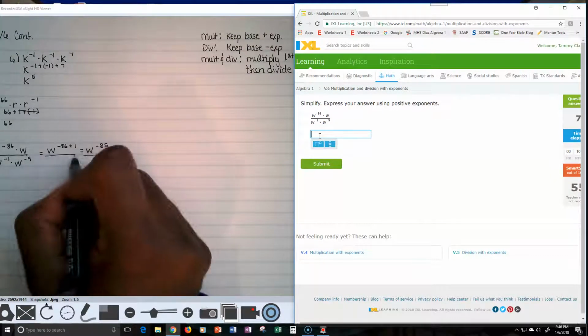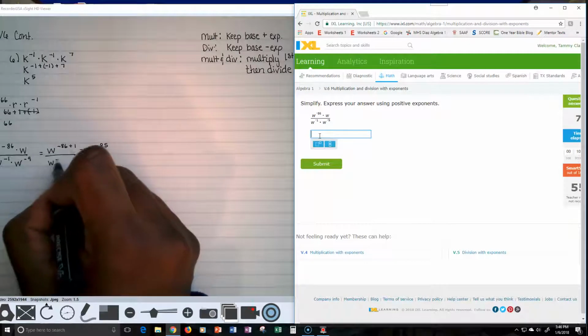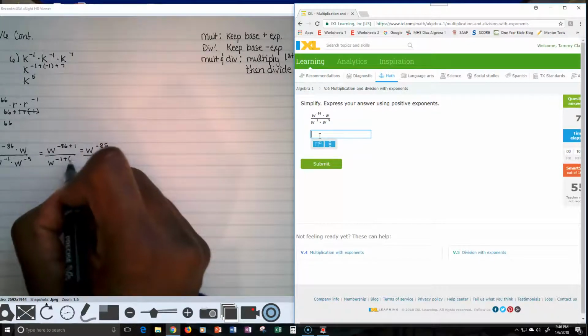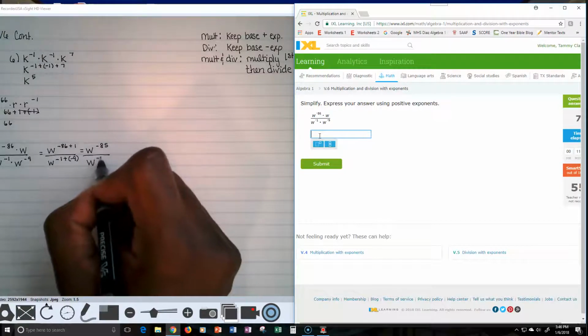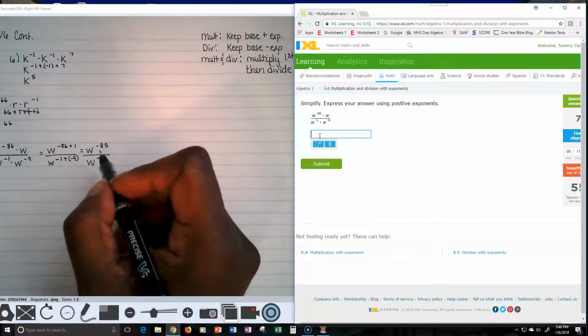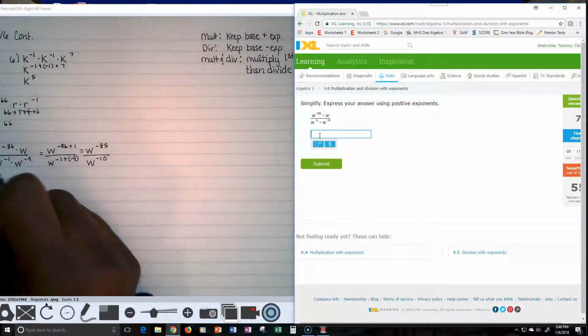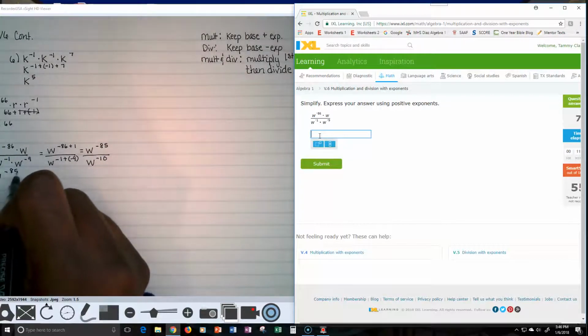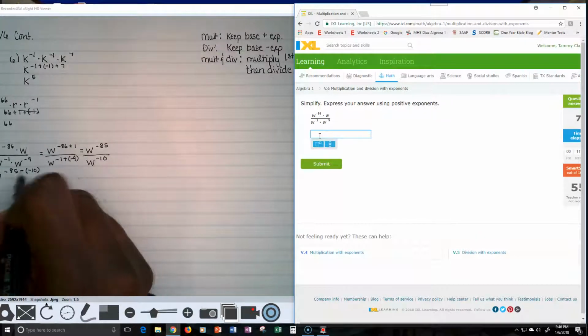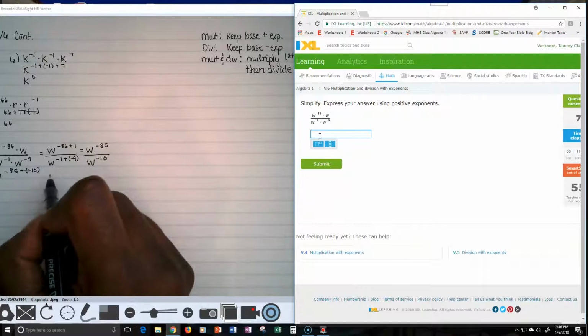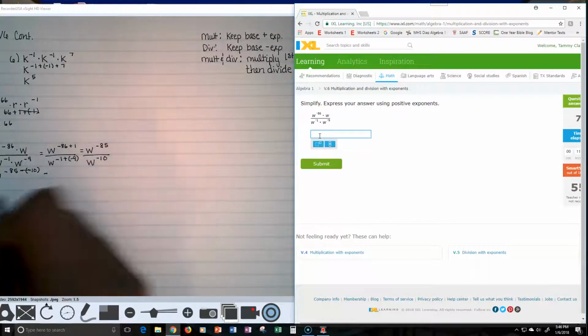And here we have w to the negative 1 plus negative 9. That gives us w to the negative 10th power. Now we take our w to the negative 85, and we're going to subtract negative 10, which means basically we're adding 10. And that would give us